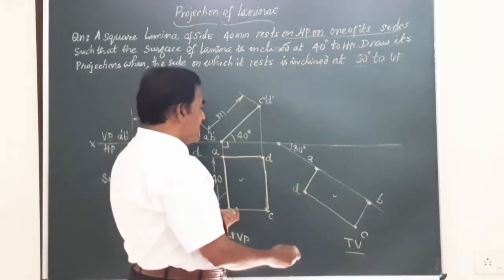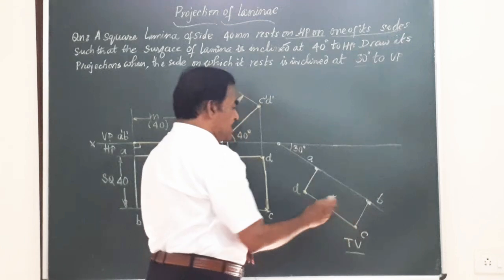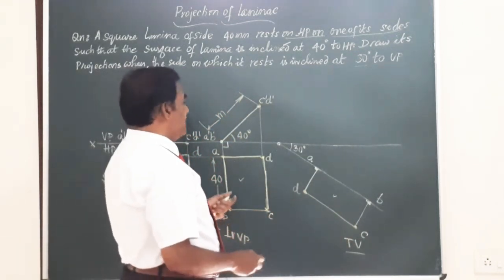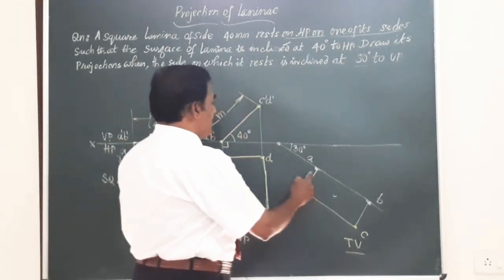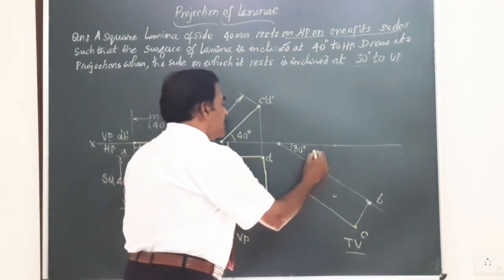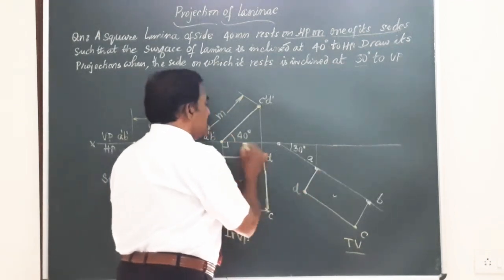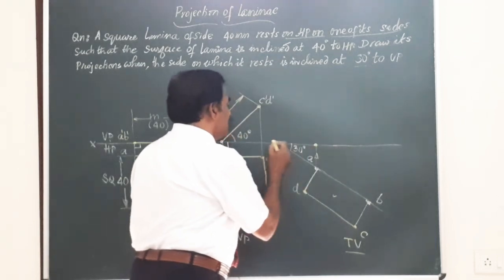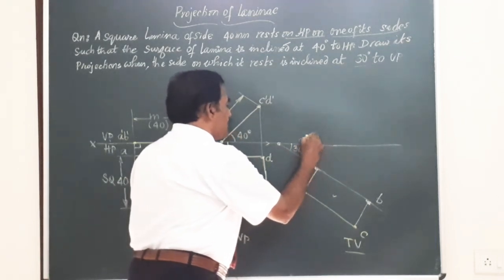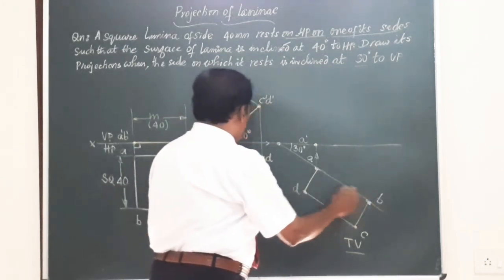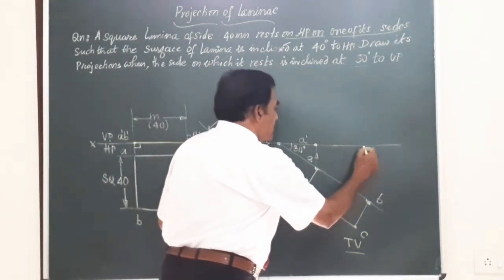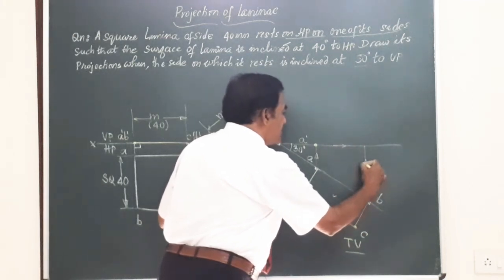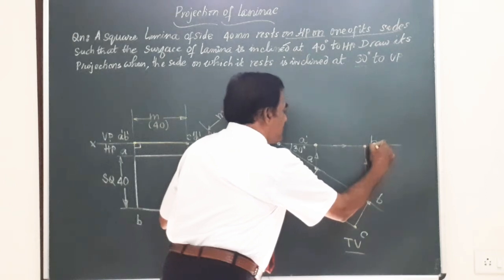Next friends, I should get the final front view corresponding to this top view. So let us go in order from side A. Friends, here to get the point A dash, draw a vertical line from here, a horizontal from here. The point where those two intersect is that point A dash. Next B, vertical from B, horizontal line from B, and just draw them, they intersect or meet at this point. So I will call this point B dash.